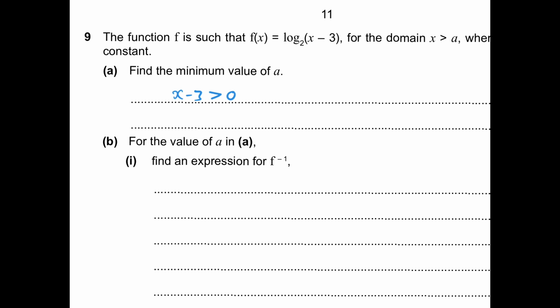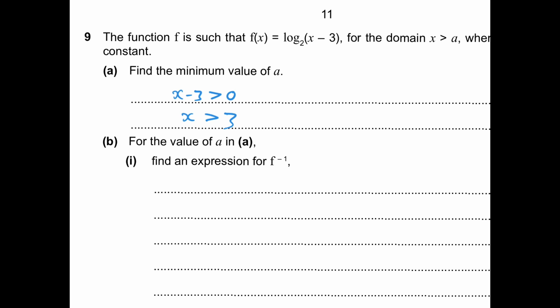So if we can solve that, we are going to have x is greater than what? 3. So now if we compare that with this domain that is given, x is greater than a, and here we have x is greater than 3, it means that becomes our domain. So our a is equal to 3. So that's the minimum value of a. All right. So we could say the minimum value of a is 3. And then